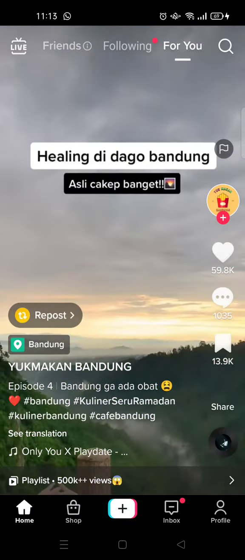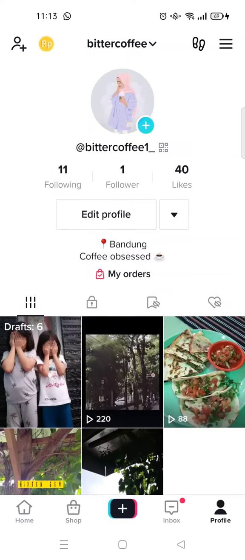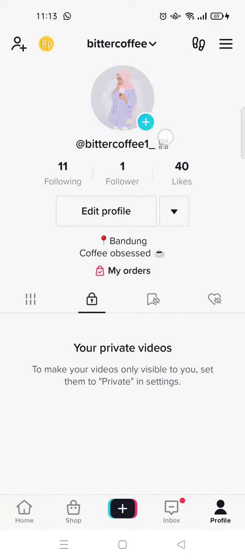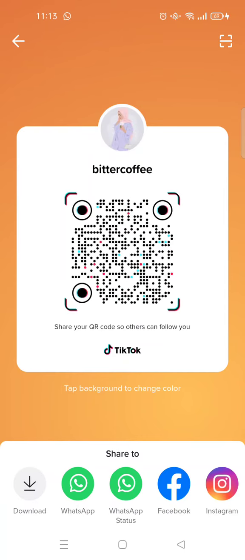After you open TikTok, go to your profile, and here you can see there is a QR code, just a little one here. You can click on that and your QR code will appear. You can change the background color by tapping on the background like this, and if you want to share it,